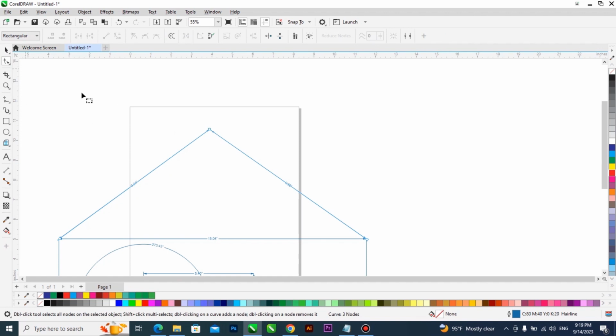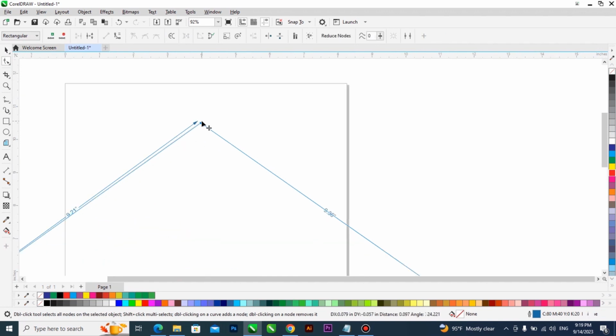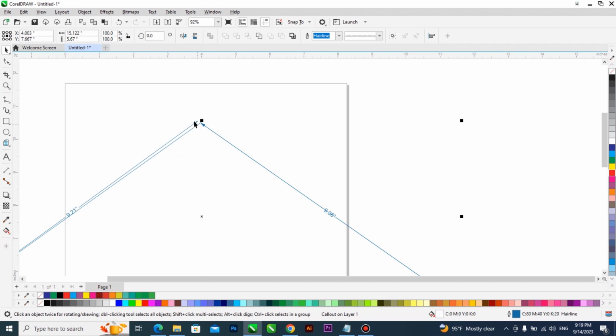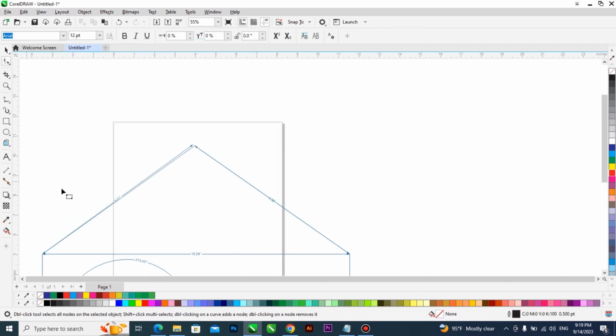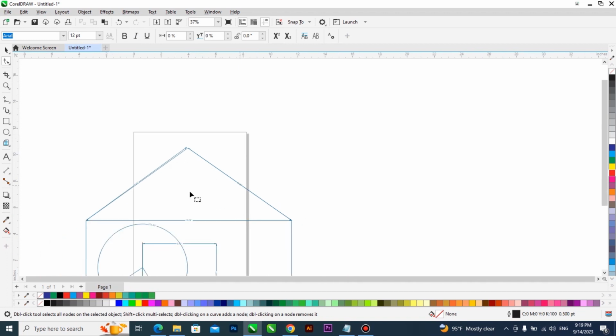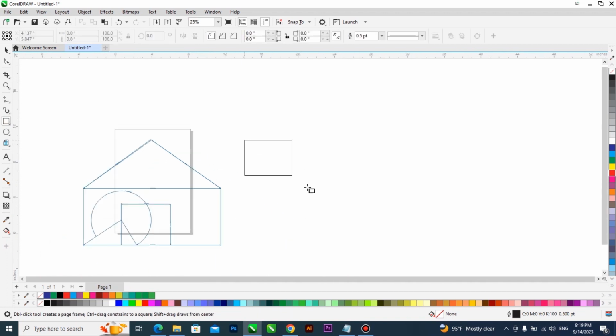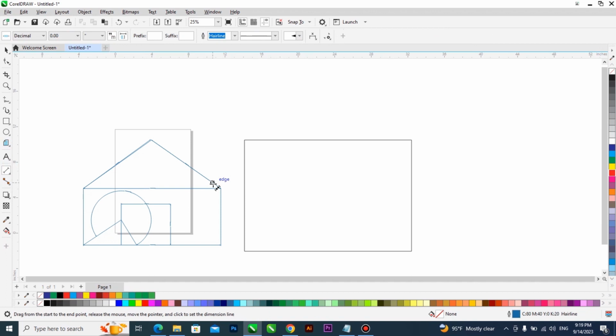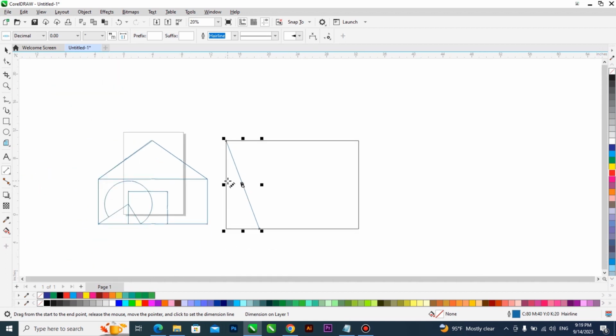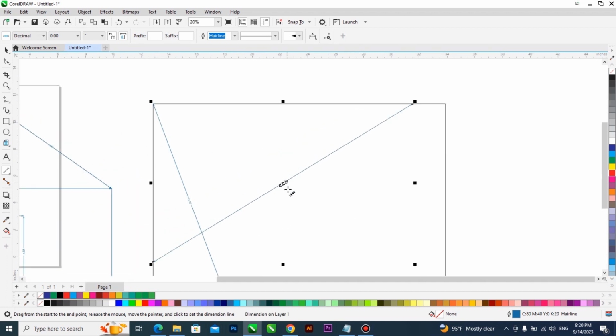So I can of course pick my shape tool and now maybe adjust to see what we have. So I can still adjust this here, right? I can still adjust my dimension to see if it has balanced. So the main idea here is you can equally draw a normal rectangle and decide to use your dimension to get the size. From here to here is which size? It will give you 13.36 inches. Now you can decide to say from here to here is which size. It's giving you